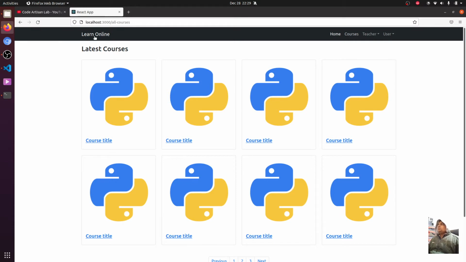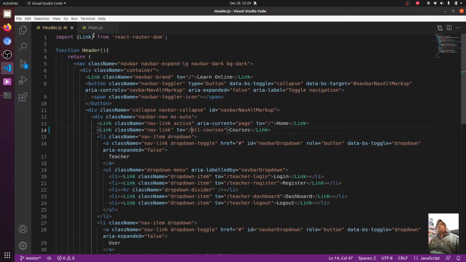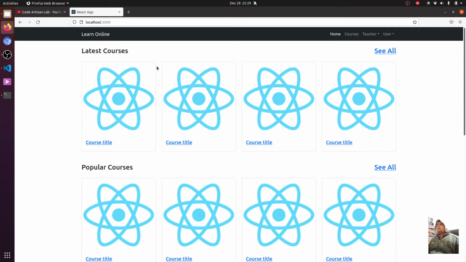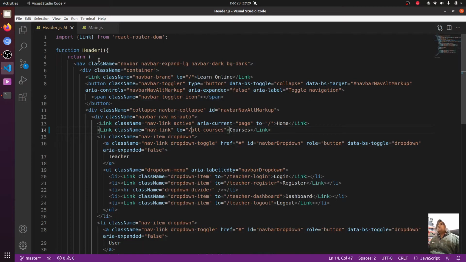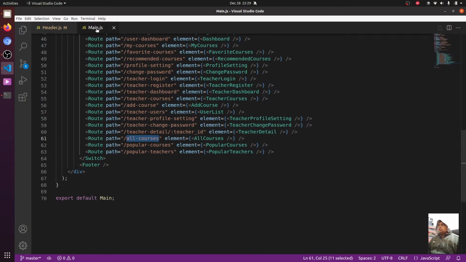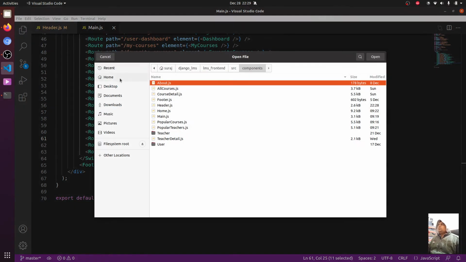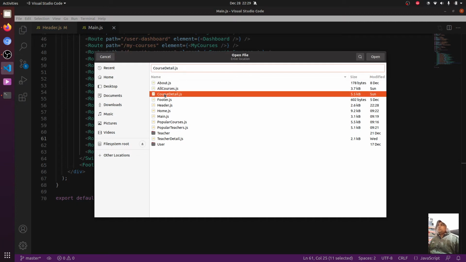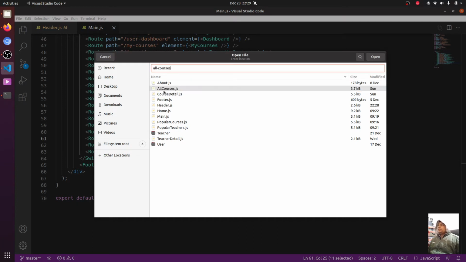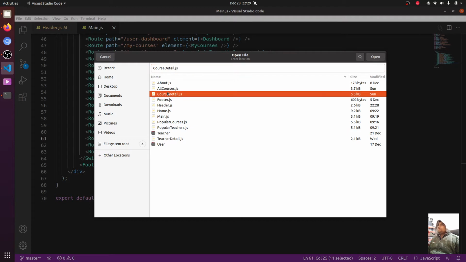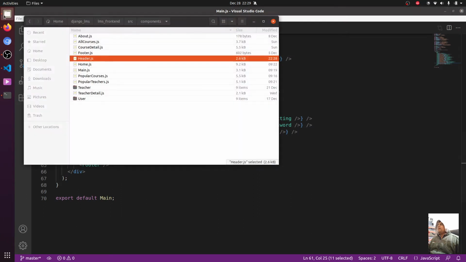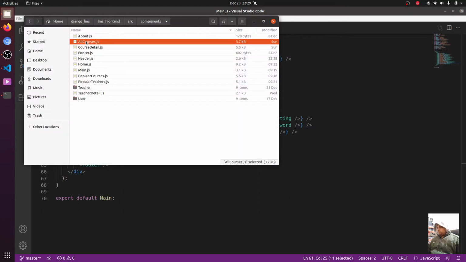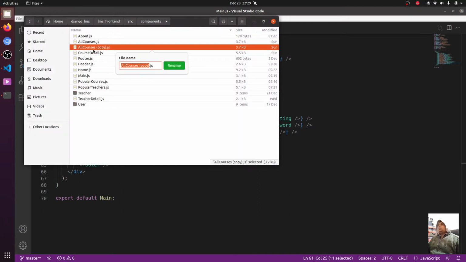Now let's go to category list. This will be the same as the latest course page, but according to a specific category, and the layout will be the same. So just go to all courses and copy this. Copy and paste it here and rename it.